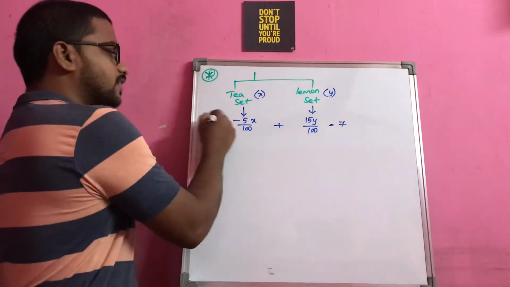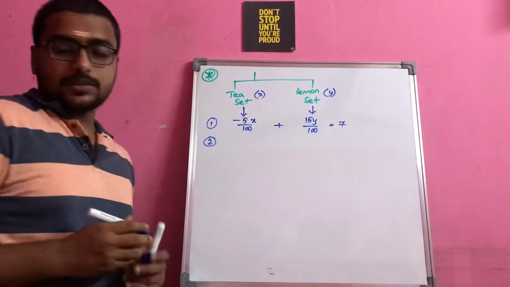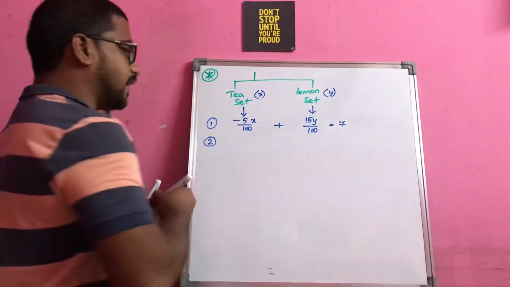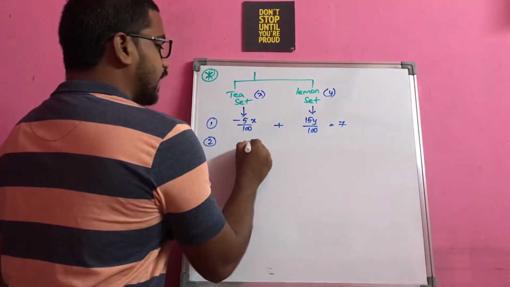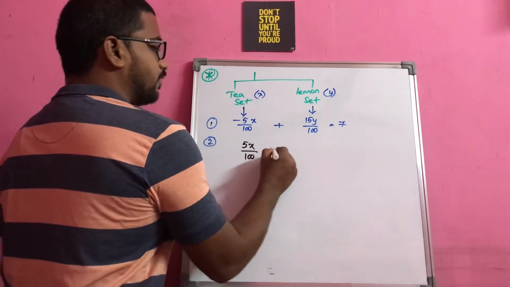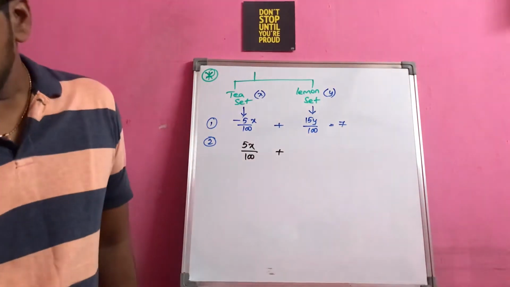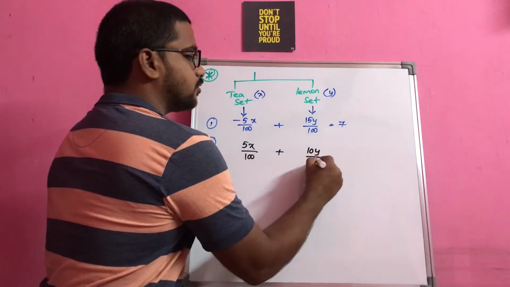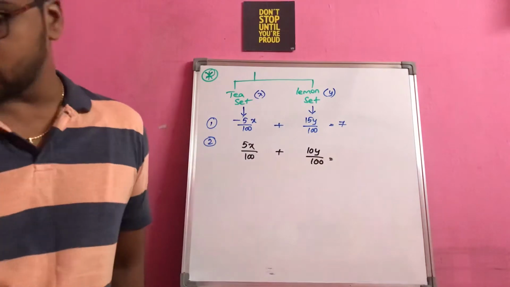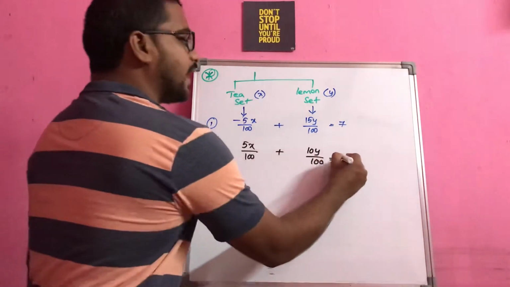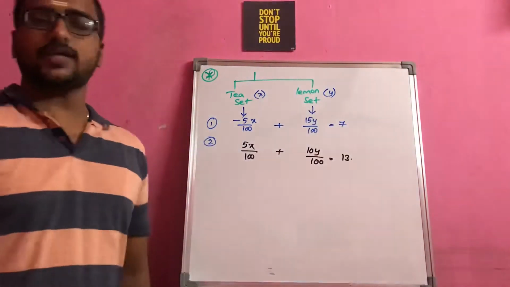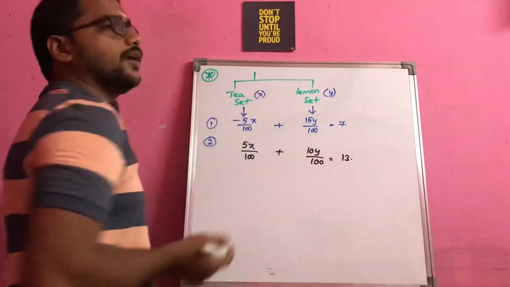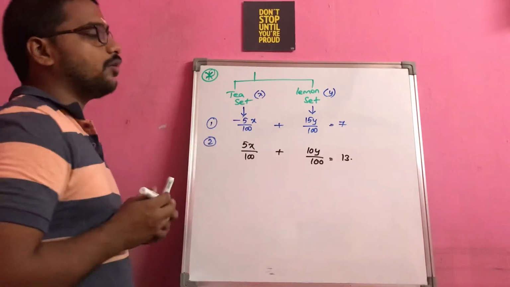This is the first case. Now come to the second piece of information they have given us. If he sells the tea set at a 5% gain, that means 5% profit, and the lemon set at a 10% gain, so that means 10y by 100, he is gaining 13 rupees, right? See the continuation: find the actual price of the tea set. Actual price means you have to find the x value. Now see how simply you got the equations.